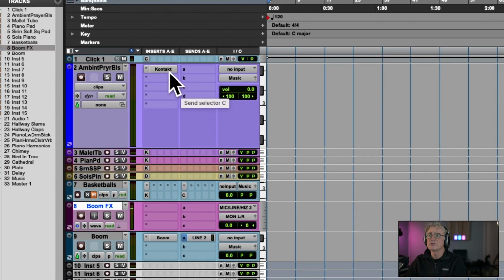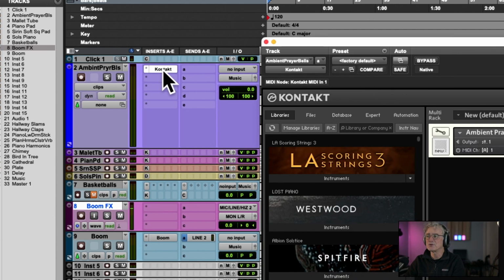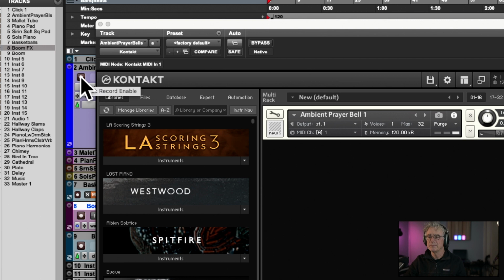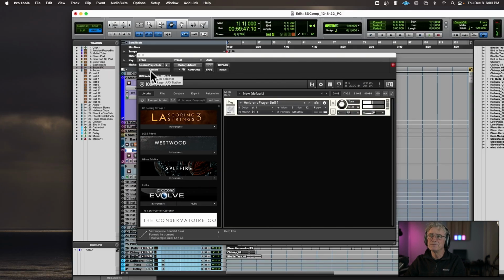So I have a couple of sampler instruments I made. And the first one is made in Contact. And it's an ambient prayer bell. And what that is